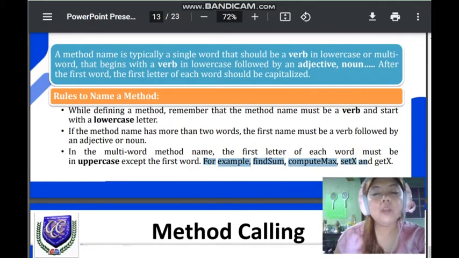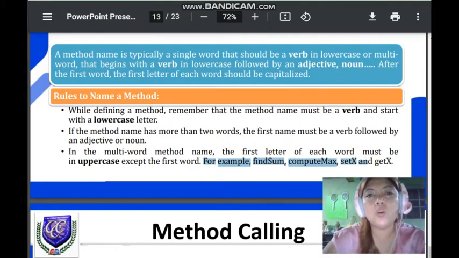Now, generally, a method has a unique name within the class in which it is defined. But sometimes, a method might have the same name as other method names within the same class. And kapag magkapangalan yung method na yon within the same class, ang tawag po doon ay method overloading. Ang method overloading,